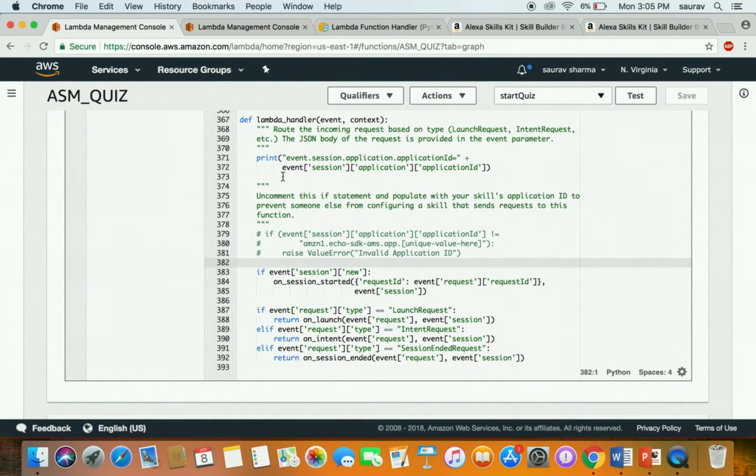So right here, since we already talked that this is not so important, uncomment this if statement and populate it with your skill's application ID to prevent someone else from configuring a skill that sends requests to this function. At this point, anyone can send a request to this function. Anyone can use my function ARN and send a request to this function, right? So it would be a good idea